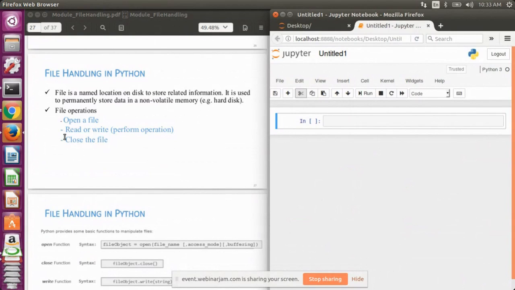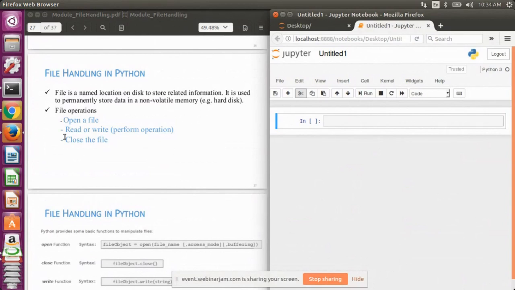Welcome to the session. In this session, I will be talking about how to perform file handling in Python, or basically how we can manage file systems using Python code. We can create a file, perform read operations and write operations, and meet various requirements during the coding of a complex program.